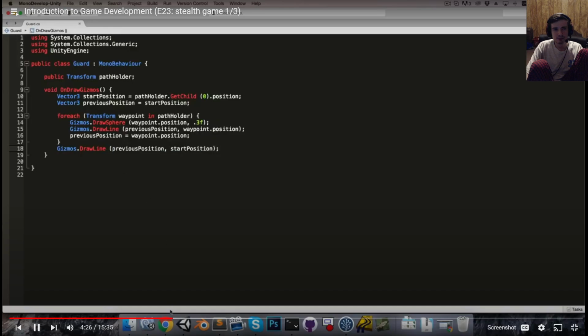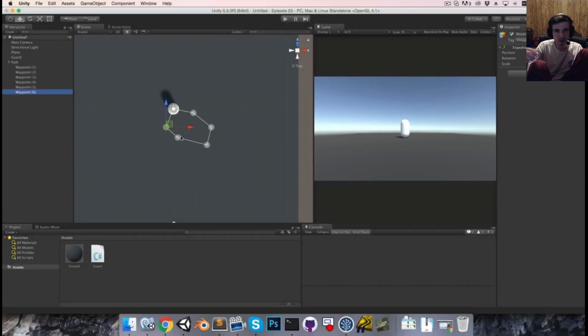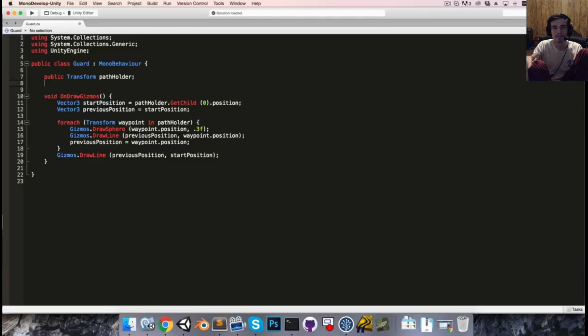Alright, so like that, we should now have a closed loop. Alright, so now that we've got this nice little visualization, we want to get the guard actually moving along this path. So let's go back into the script, and I'm going to create a